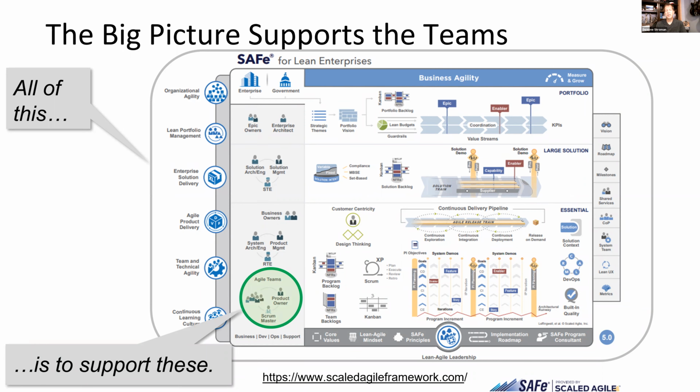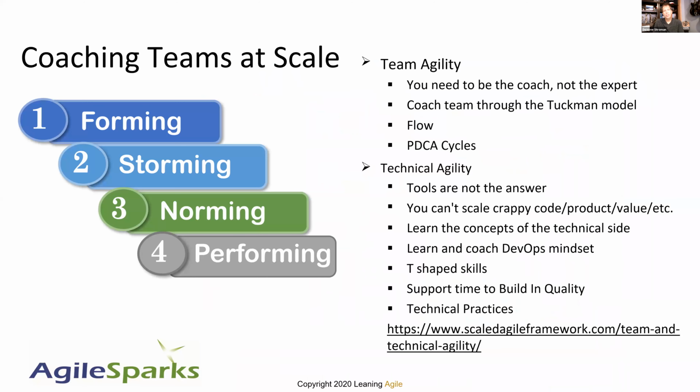So we need to have that focus on the teams. If they are the ones actually delivering the value, why not start there? Why not focus with them first? Coaching, improving, process improvement, all of those things. Now, coaching scale is different than coaching a single Agile team. Even if you're coaching multiple teams at once, coaching teams that are scaling, a team of teams, an Agile release train, is different. So some of the tips that I put out there: you need to be the coach, not